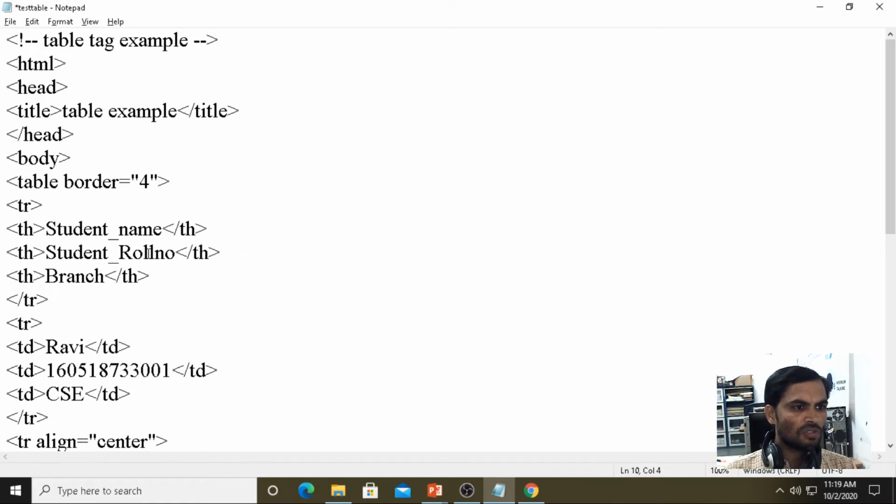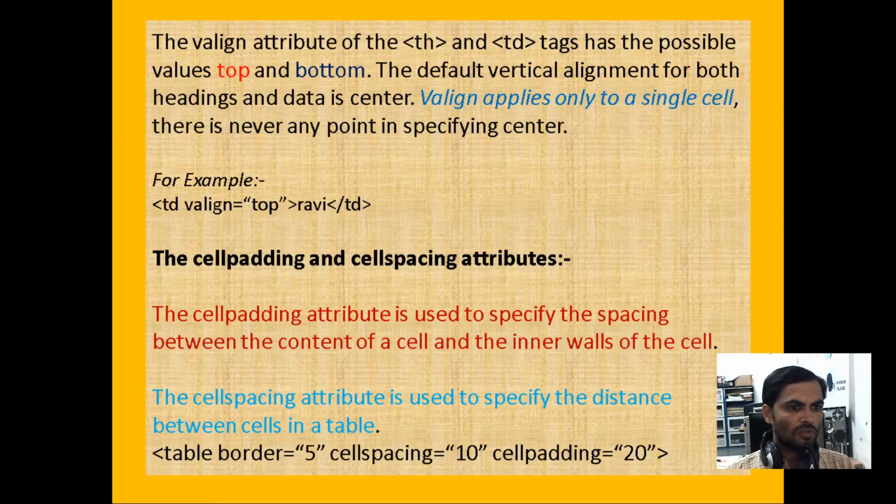For TH it is not showing in the cell, then we can go for table heading. Vertical alignment equals top.